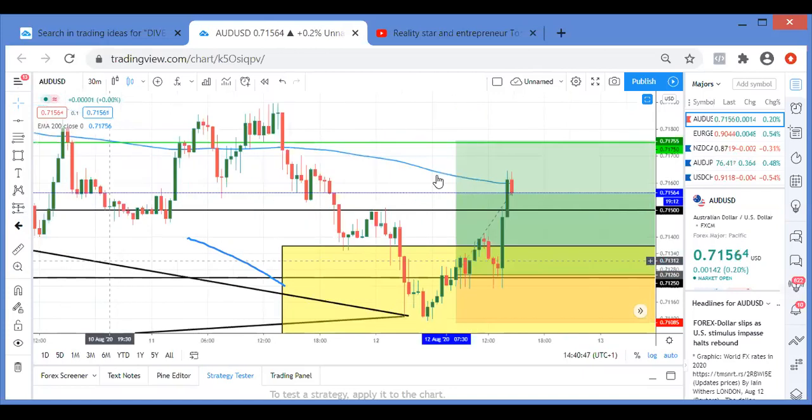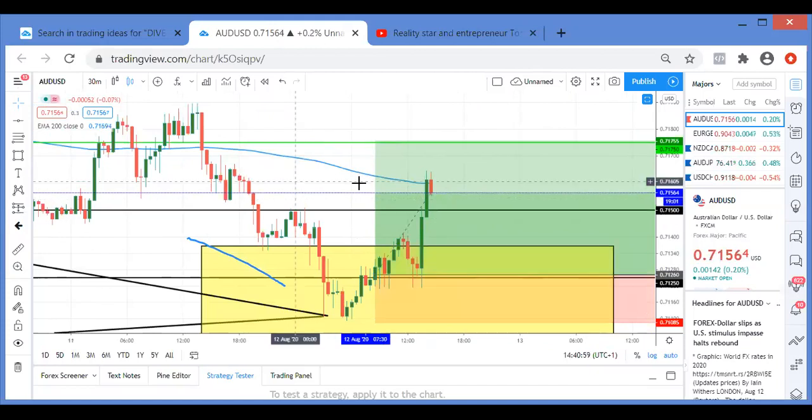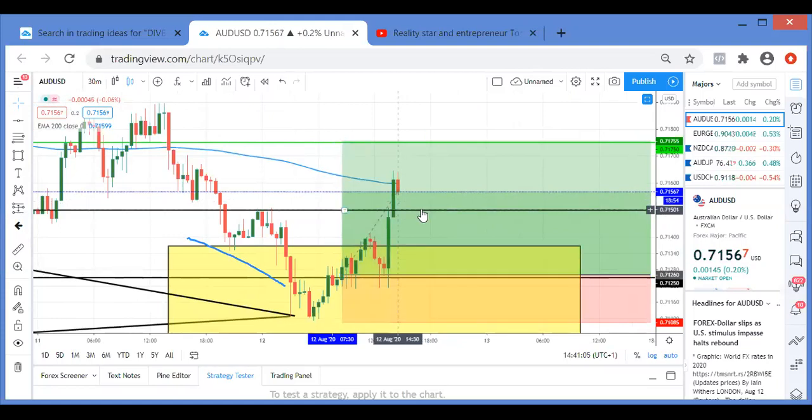Do you see it coming down? Normally, if it comes down, people get scared and say, let me just take my profits. No, you gotta chill, man. If it comes down, I'm not scared. It might come down, play around this 500 and come up again. Why? Because the banks are looking in the same place.